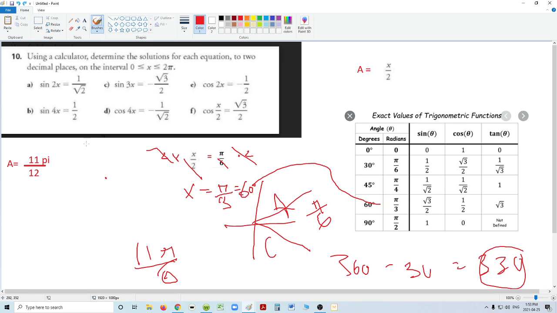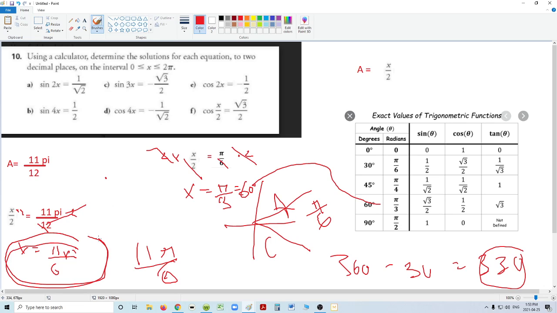Or over here, we do the same thing. Pi over 2 is equal to this. And when I solve for x, when I multiply by 2 on each side, I get x is equal to 11 pi over 6, because this goes into 12 6 times. So that's my actual two answers. X is equal to 11 pi over 6, or x is equal to pi over 3. And this is the equivalent of 60 degrees. And this is the equivalent of